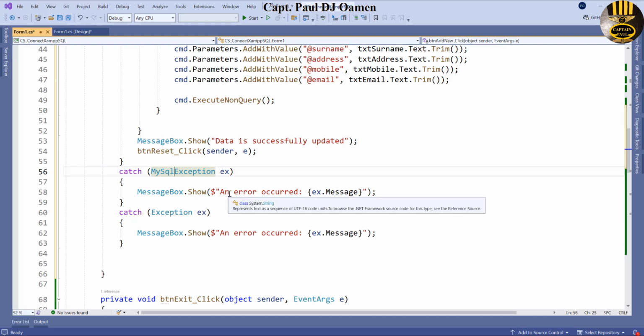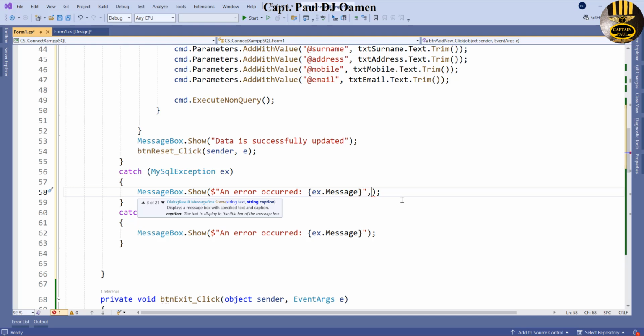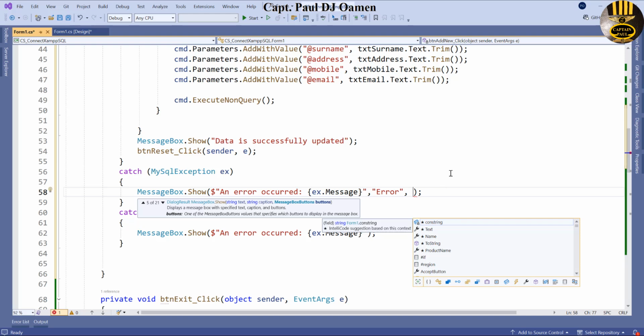Okay, database error or something like that. An error. Okay, and let's come in here, comma. Let's say the error that is going to be, comma, the message box button,